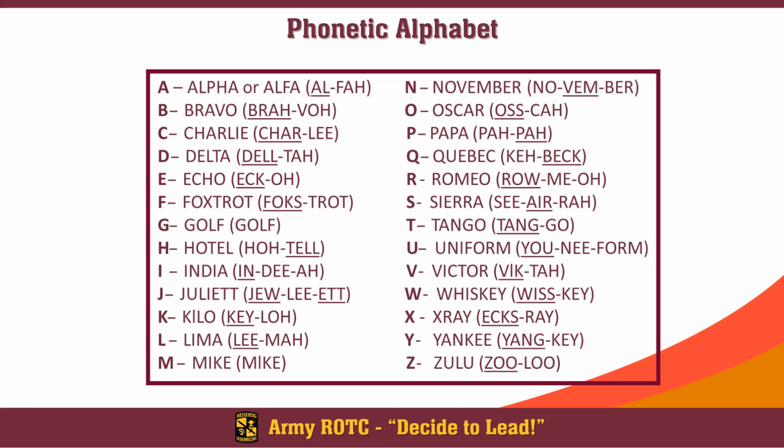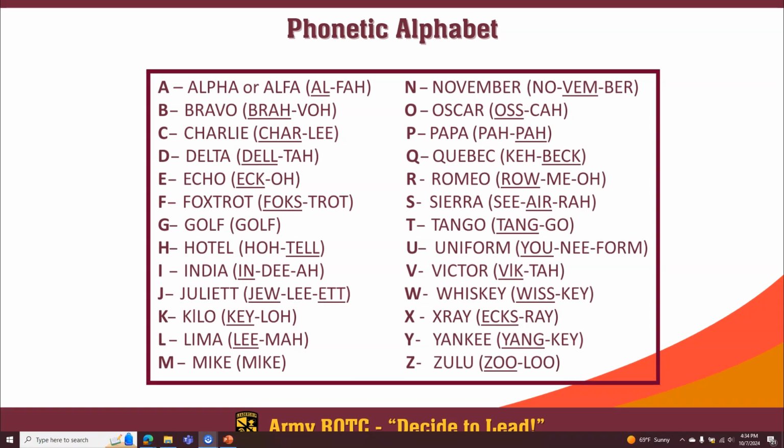Now, why do we have a phonetic alphabet? You'll notice none of these rhyme. None of the way that we say this alphabet actually rhymes. That's so that when we're talking over a radio, which sometimes can sound staticky and not very clear, we don't mix up letters or numbers. So we use this phonetic way of doing things to make sure that it's very clear to the receiver